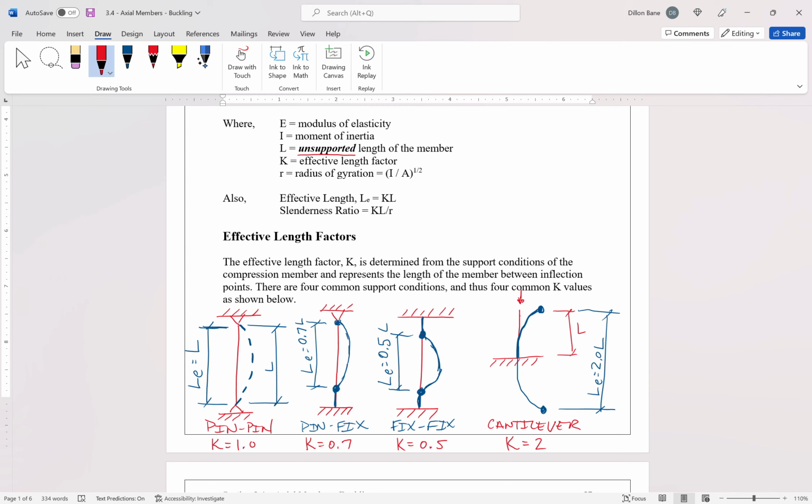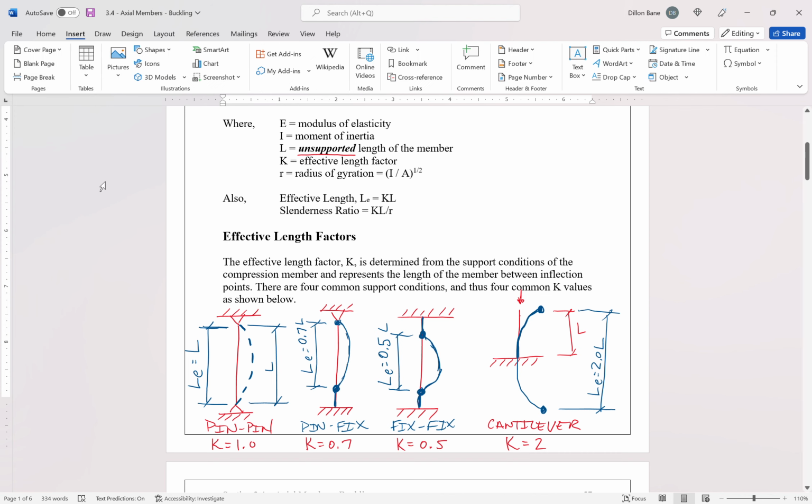Okay, so I'm not really expecting you guys to understand or be able to derive this kind of stuff. I want you to be able to recognize what the support conditions are for a column, whether it's pin or fix or cantilever or pin fixed. We're going to stick with these 4 support conditions. Be able to identify what the support condition is, and then tell me what the K factors are for that